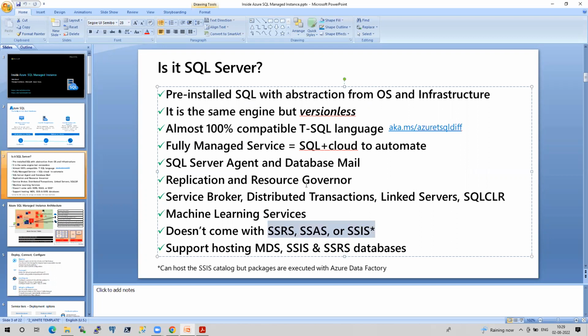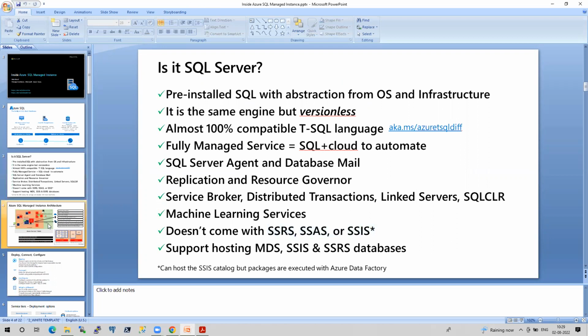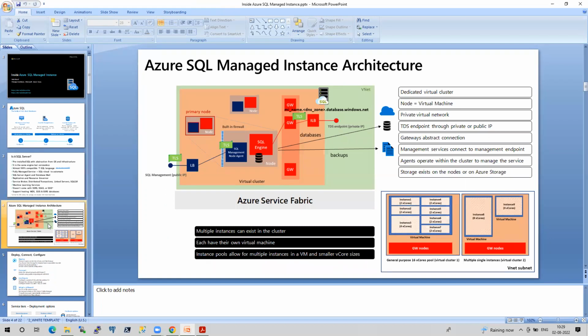We are going to see all these things. When it comes to architecture, I will explain this architecture in depth in our classes, guys. This is the real architecture, a very complicated architecture, and you have to understand many things here. Once you understand the underlying architecture, it will be very easy for you to work with MI. If you see, most of the things are tied up with some DNS things and service fabric.